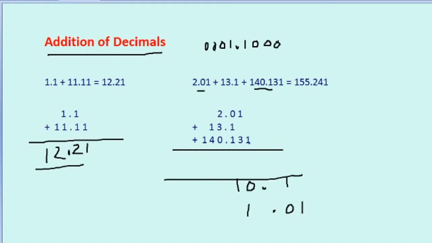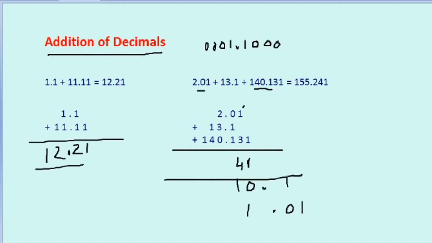Now above this, we will start the addition from the right side. Above this one of 131, there are no numbers here, so we consider it 0 and write it as 1. 1 plus 0 will be 1. Now above this 3, there is no number here, but there is 1 here. So 3 plus 1 will become 4.